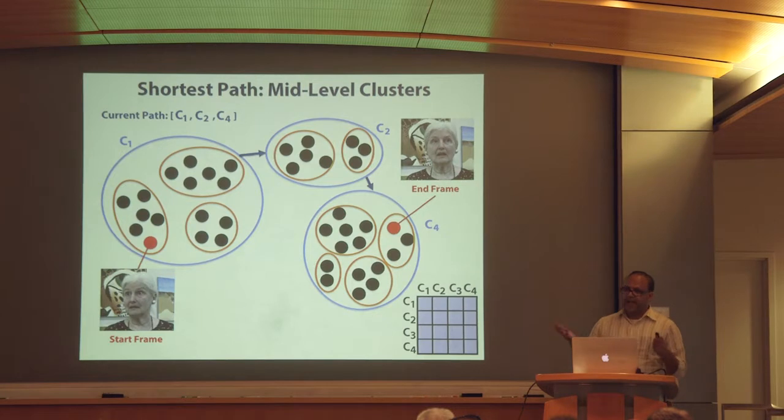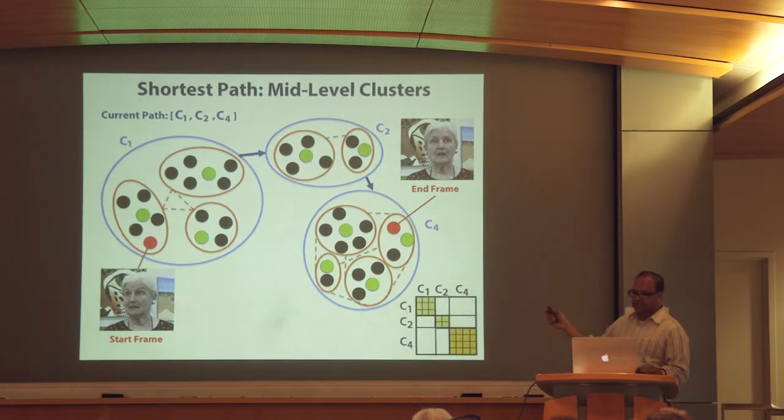And then we're going to refine our distance matrix by first adding the orange edges between subclusters, and then adding the cross-cluster gray edges. And these refinements all ensure that when we compute the shortest path at this level, it'll follow the sequence of clusters that we computed at the higher level. And we repeat this process all the way down to the leaves, and that produces our shortest path.